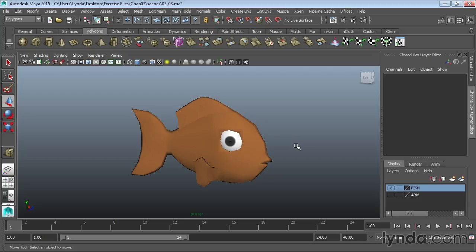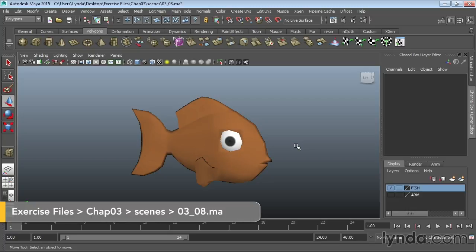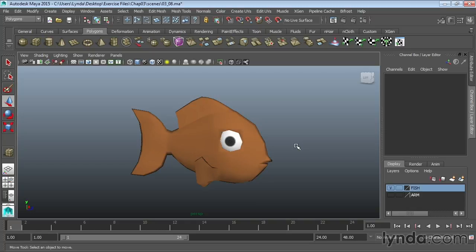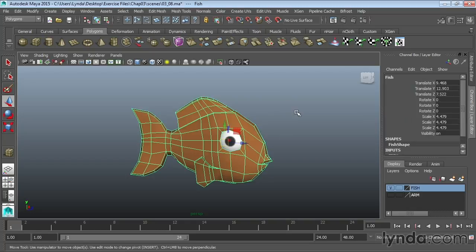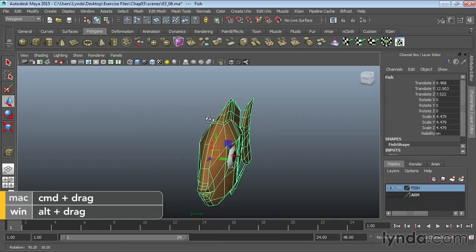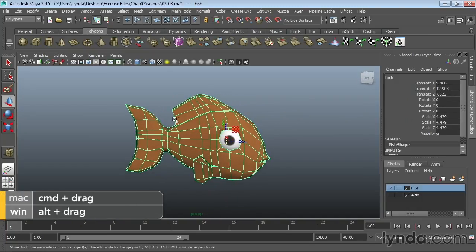Now, when you start modeling in Maya, you may want to smooth your polygonal models. This is a great way to get the most model out of the least amount of detail. So here I have a very simple fish model. And if you click on it, you'll see that it kind of looks like a fish, but it's really